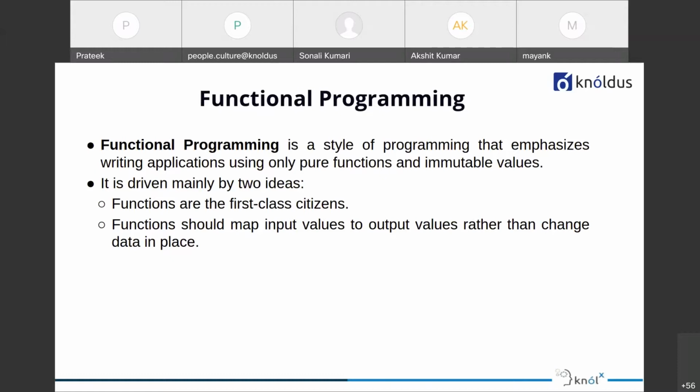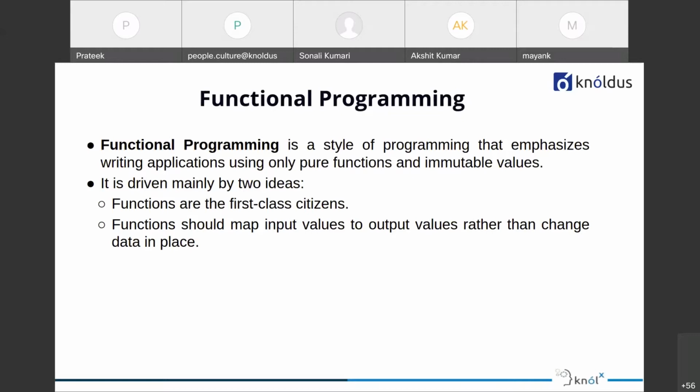It means that we can pass any function as an argument to some other function, we can return any function as a result from any other function, and we can assign any function to any variable. So this is what first class citizens mean. Like in any object oriented programming language, objects are the first class citizens. So we can pass them to any function, we can return them, and things like that.